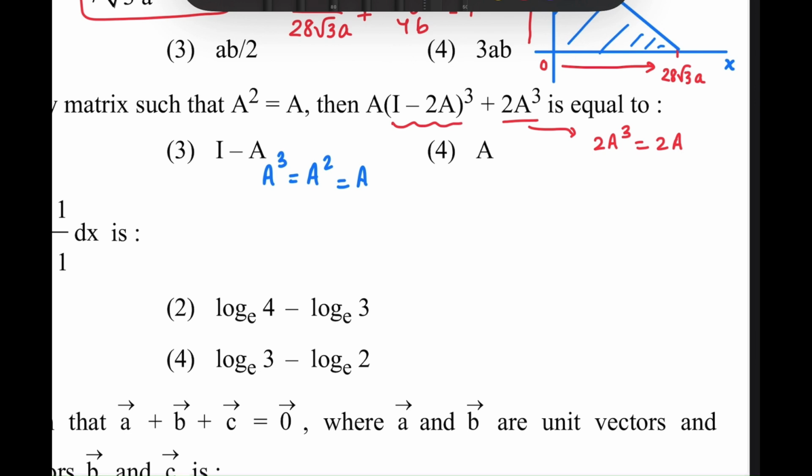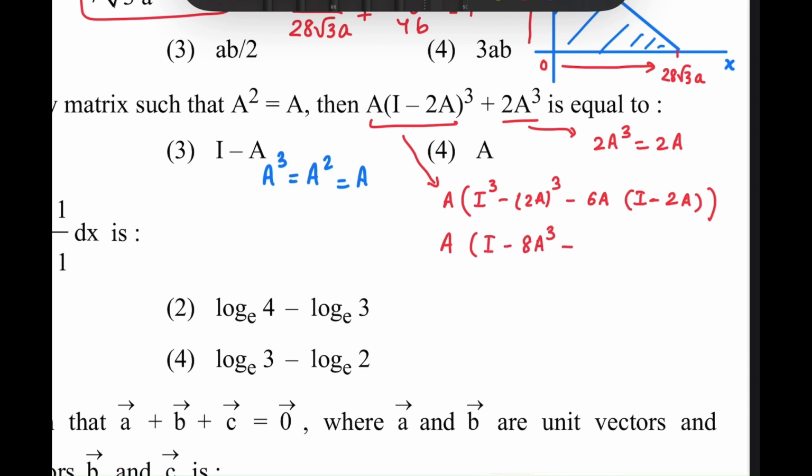Now what about I minus 2A whole cube? So we have to open the cube. Basically I used the A minus B whole cube formula. So it will be I cube minus 2A cube minus 3 times I into 2A, which gives you 6 times A, and then I minus 2A. So next, identity cube is just identity. 2 cube is 8, A cube is A, then you have 6 times A plus 12 times A square if